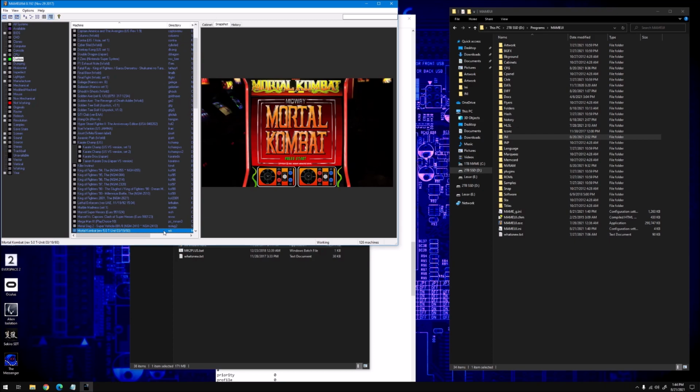And then when you get into the game and you throw projectiles with Raiden or you teleport with Raiden, in the old version of MAME, it was muddy sounding, it was quiet, and certain things were too loud, like the little whoosh sound effects, or people's little shouting sound effects. Those were too loud, and the background music was too quiet, the announcer was too loud, Raiden's win pose was too quiet, like different things were just the wrong audio levels. And then in the new version of MAME, they seem to have fixed that,